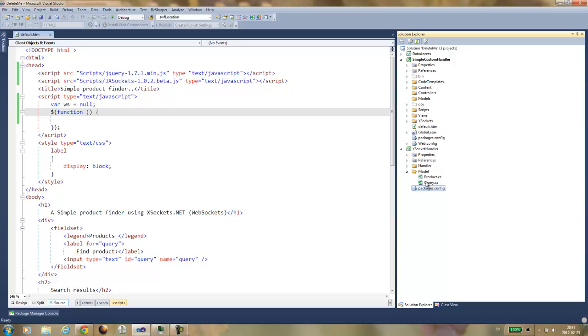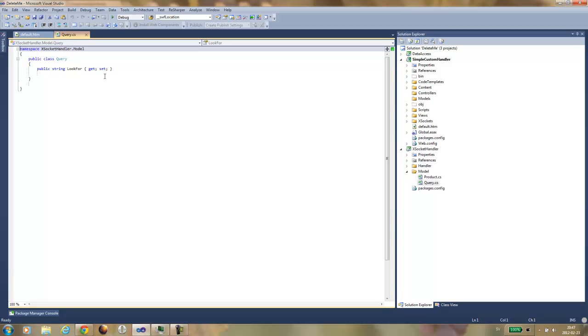I also built two models, a model that will correspond to our query and is called LookFor, and we also have a model, or class, for the product. This is the actual result we will be sending back to the client